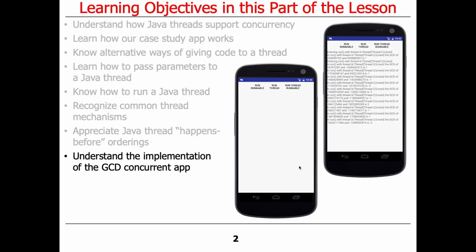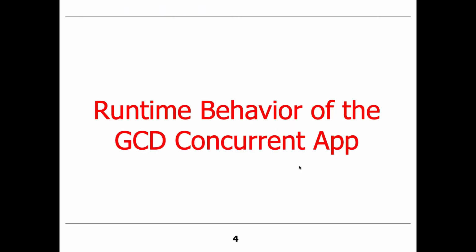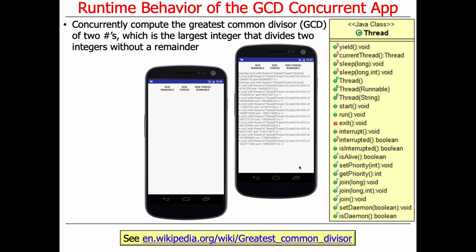Okay, so in part 3, this is the final piece, we're going to talk about the implementation of the GCD concurrent app, just to give you a flavor of how to put all the pieces together. And then if we have time, I'll quickly summarize the pros and cons of a couple of different Java thread programming models. So you recall the GCD app, which is visualized here, basically computes the greatest common